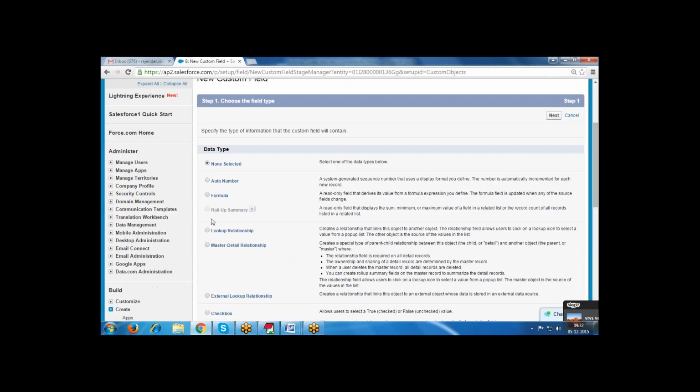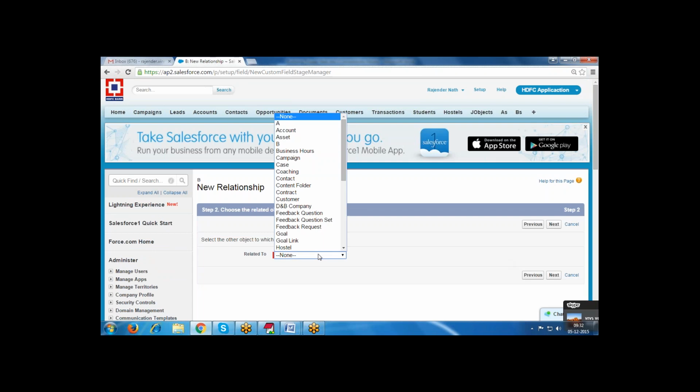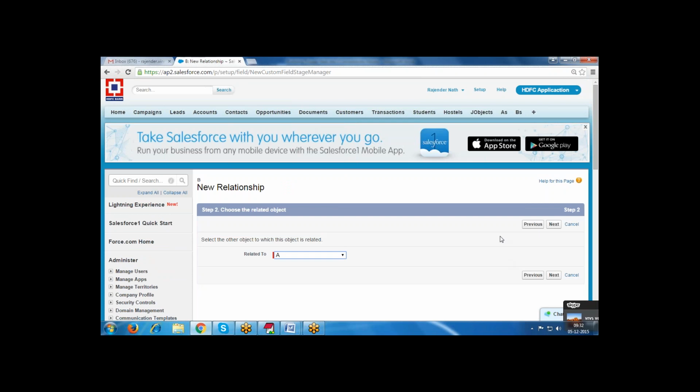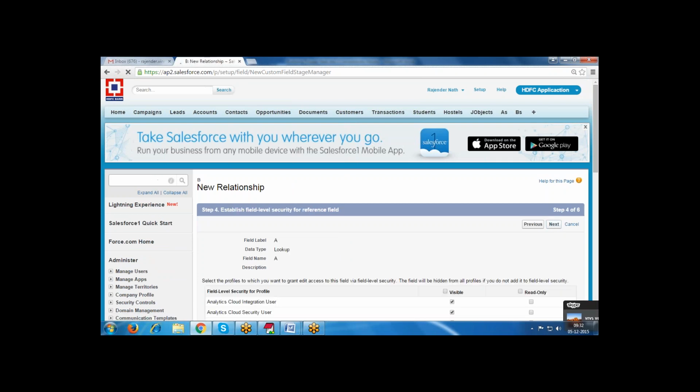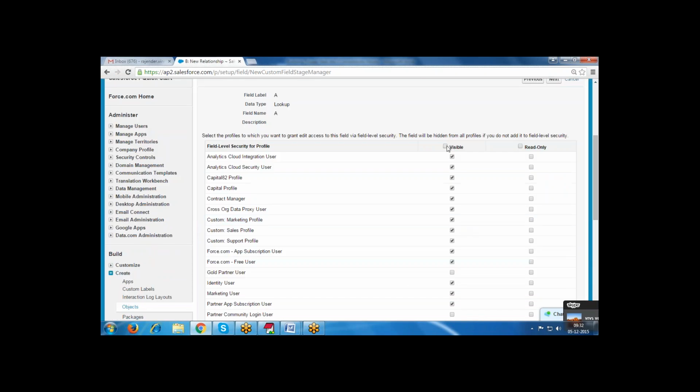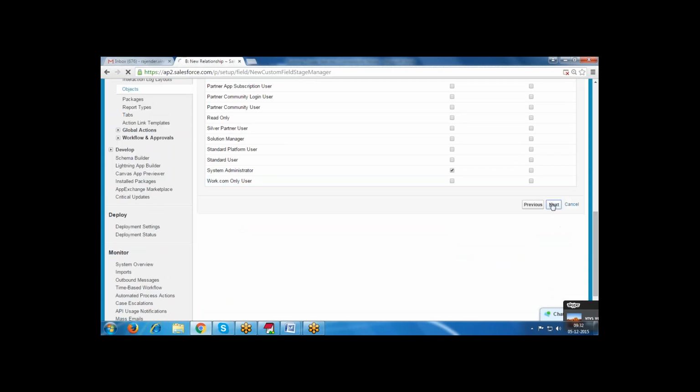You can create the one more, a lookup relation. Select the A. Click on the next. System administrator profile.